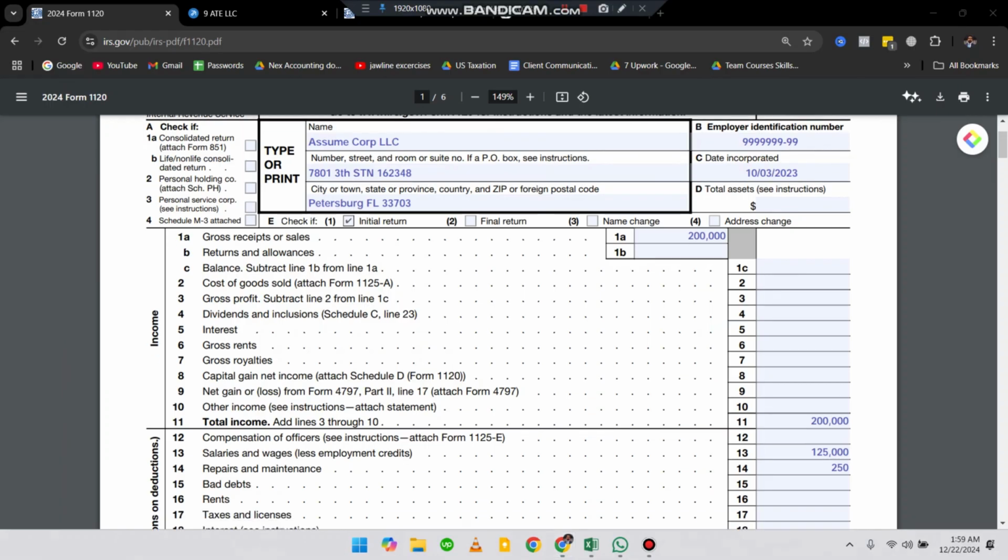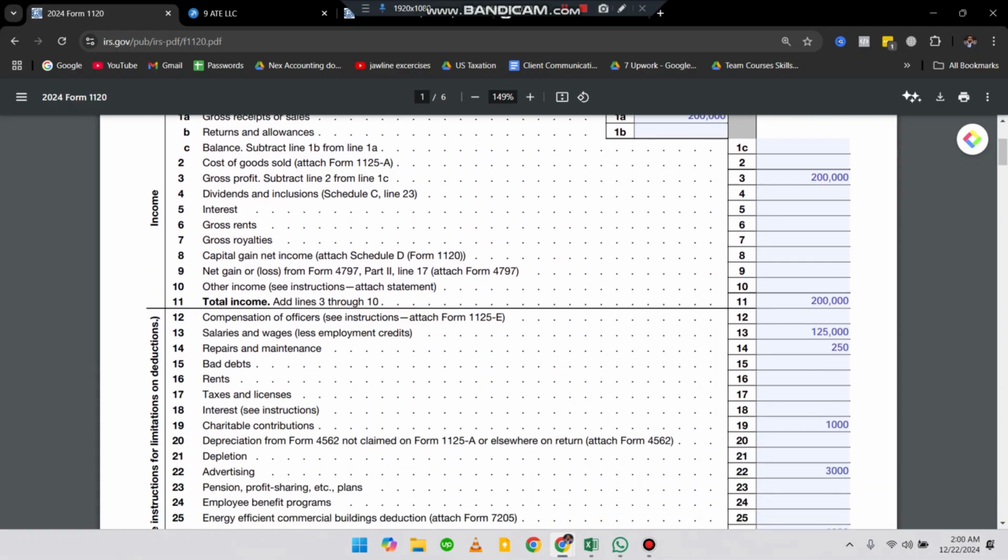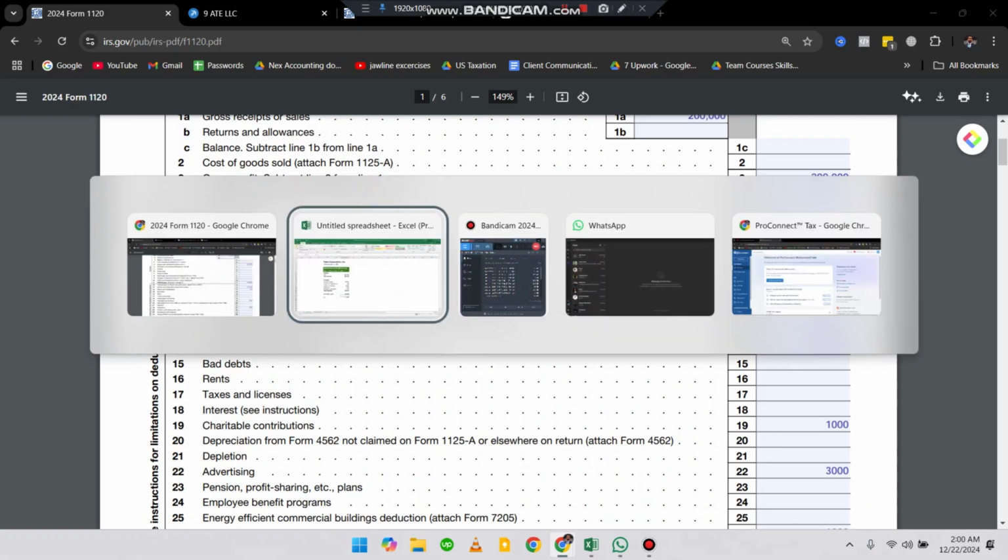So we added right here in the 1A 200,000 for our gross sales and receipts, and the total income would be adding line 3 to 10. So we have our gross profit, which we need to add right here. It would be 200,000 because we don't have any cost of goods sold, so it would be 0. So adding up, our total income would be $200,000, and the salaries and wages for this is 125,000, copied